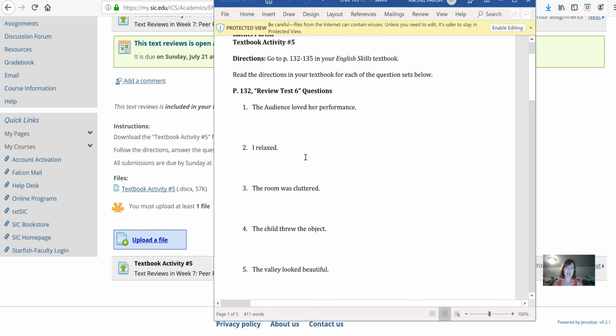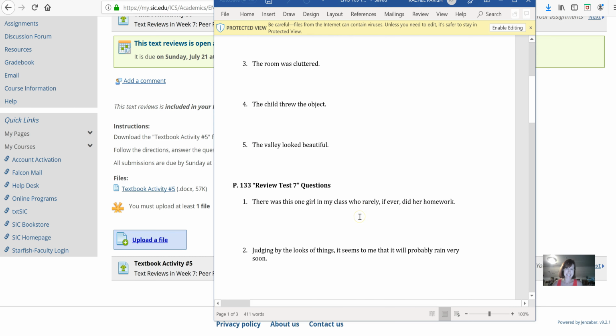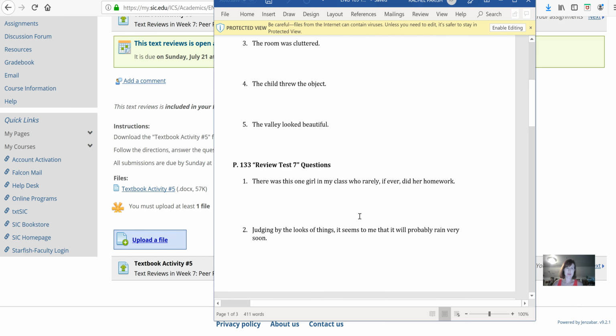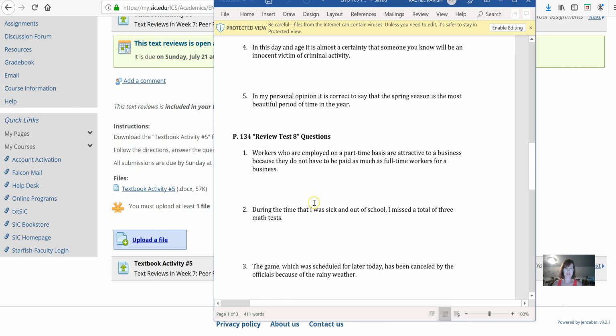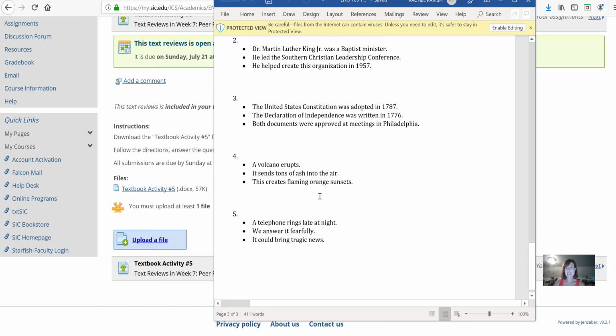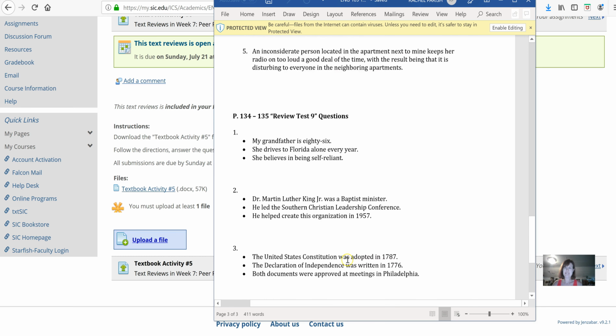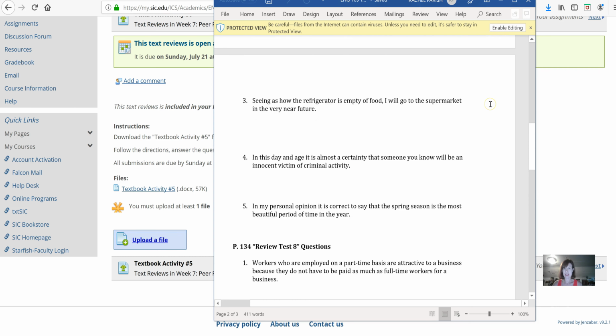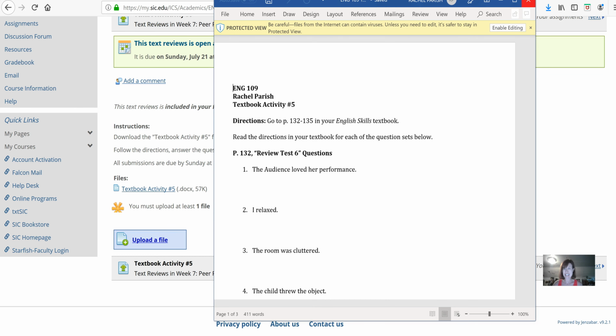basically just reviewing some of the directions that are listed in your textbook for expanding these sentences. So you'll see the directions on page 132 and 133. You'll notice there's only 5 questions for each of those and 5 questions for each of these. So it's a lot of review on what we've done in previous assignments. So if you've done okay with the grammar assignments in the past, you're going to be fine for this assignment as well. As you can see, this last assignment here is basically like the one we did last week. All right, so I will go ahead and exit out of that. So our last textbook assignment is due.